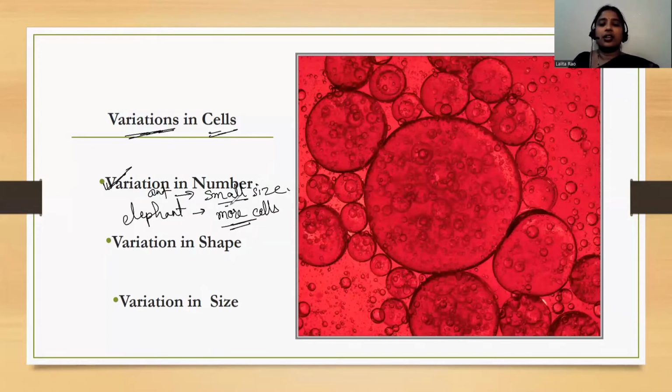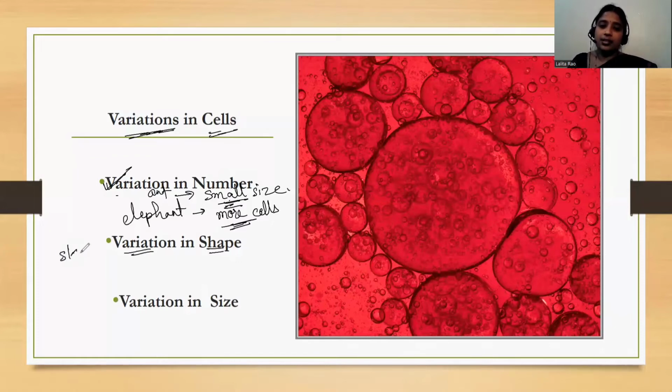And the organisms, those organisms will have more cells, and the organisms that are small in size, they have fewer cells. So we can say that cells vary in number. Now, do they vary in their shape? Yes, they do. If you take the example of a skin cell,